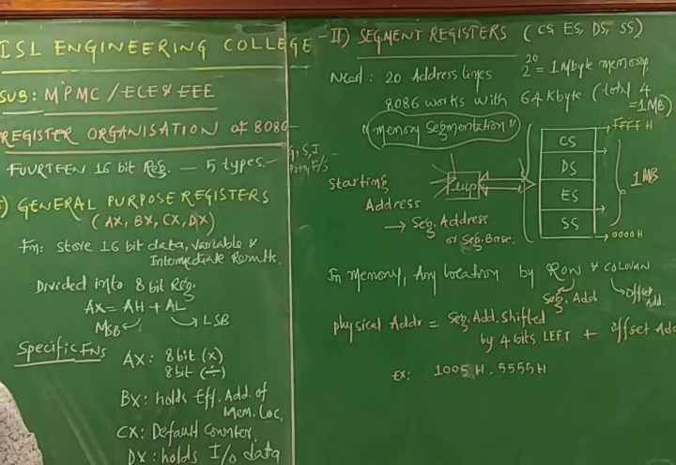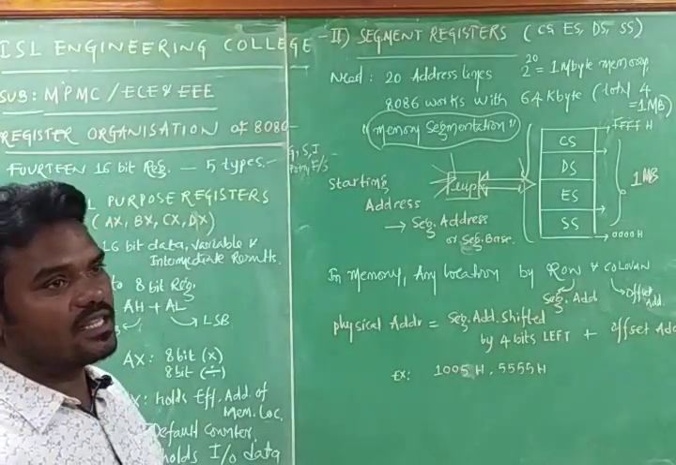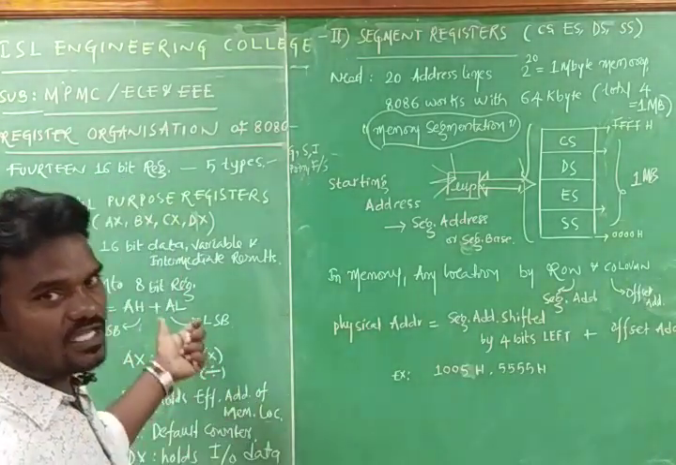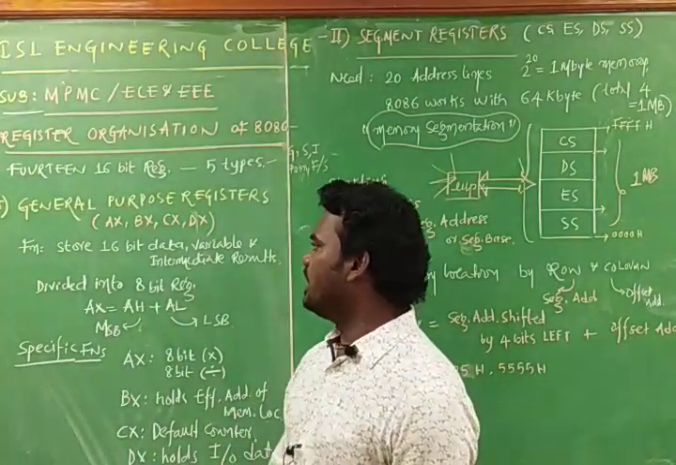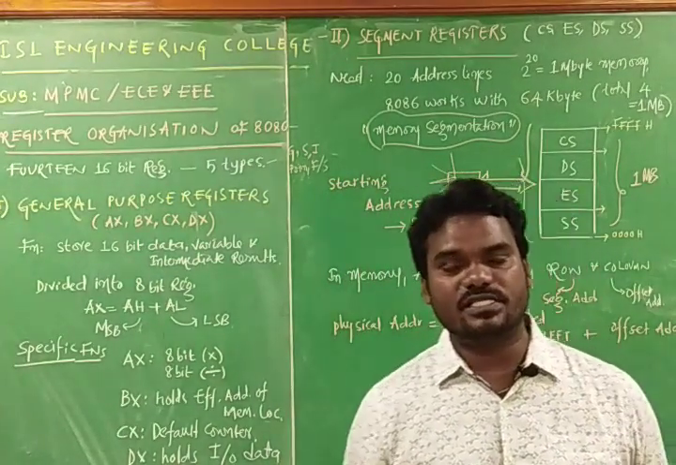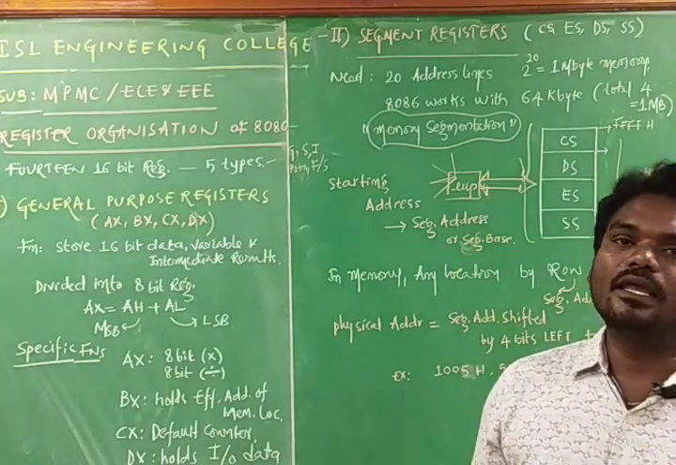The first topic is the general purpose registers. The second is the segment registers, where I am going to explain how to calculate the physical address. Coming to the general purpose registers, we can see them in the 8086 microprocessor, particularly in the